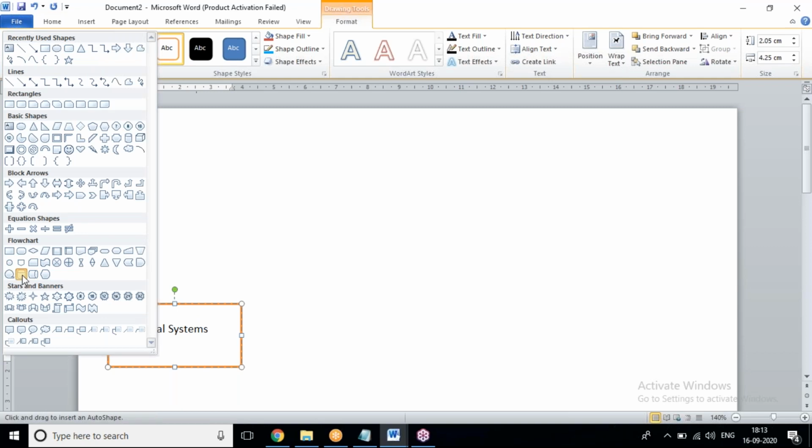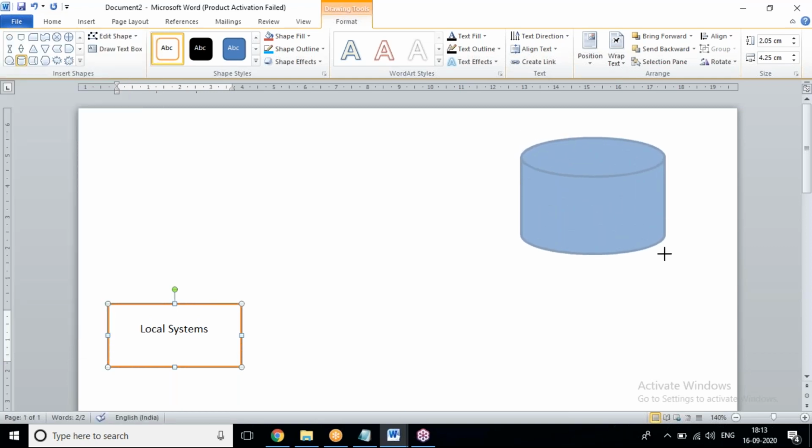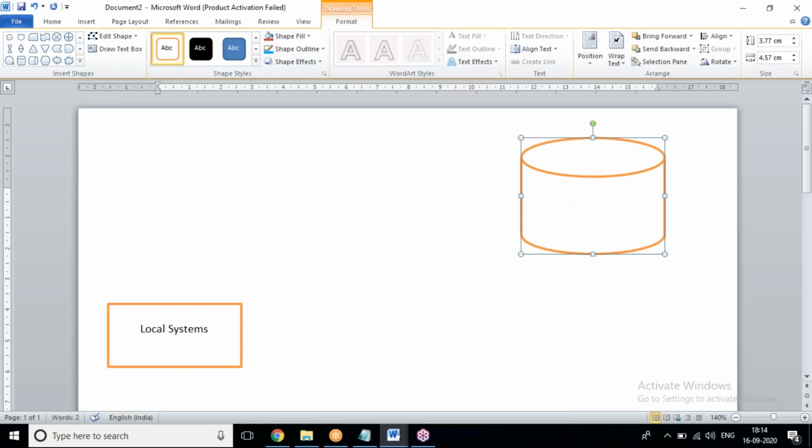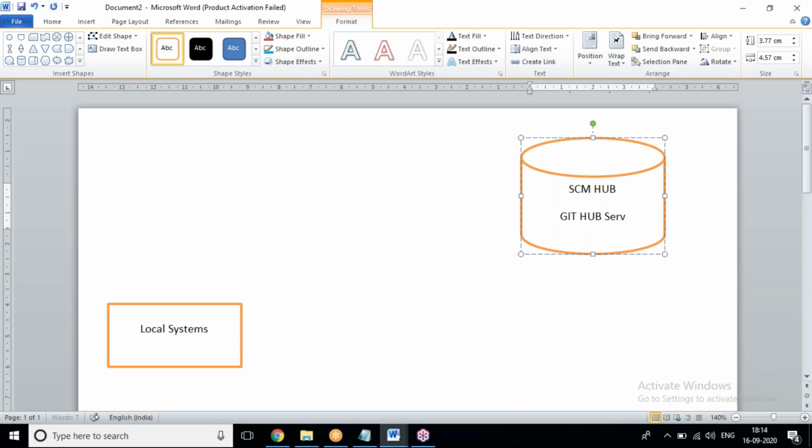Now, we are going to have one more link. It is called an SCM hub, a source code management GitHub server. The GitHub server is located remotely. It's open source. Presently we don't have our own server. So we are going to create one user account on an existing open source server. Someone is offering to access or to store our data remotely.